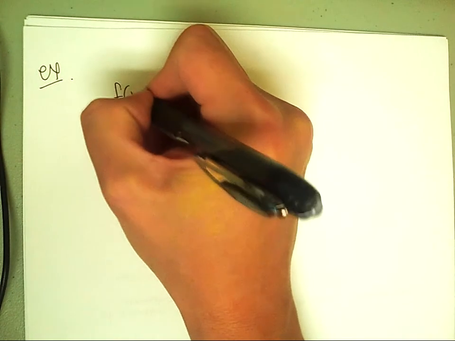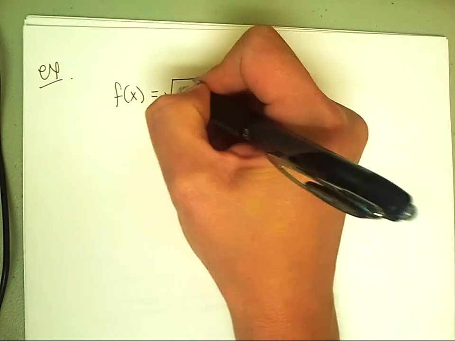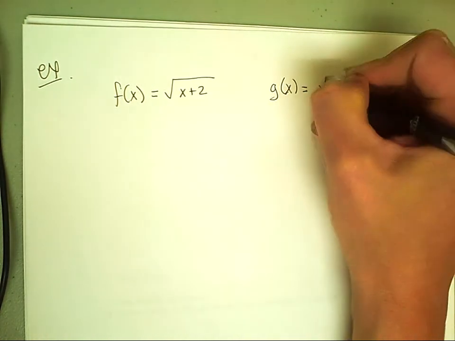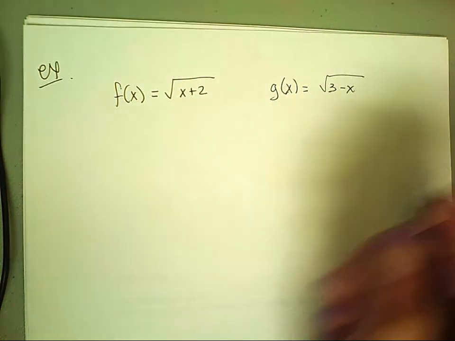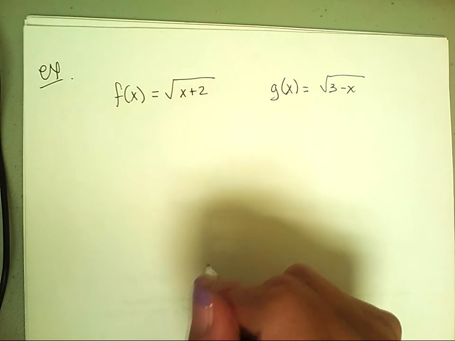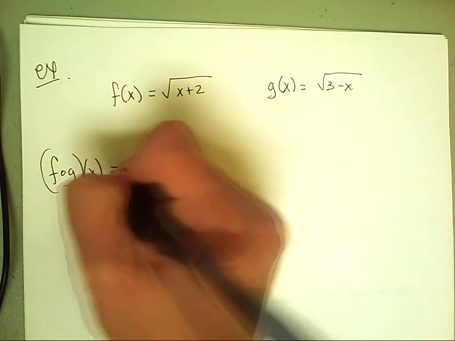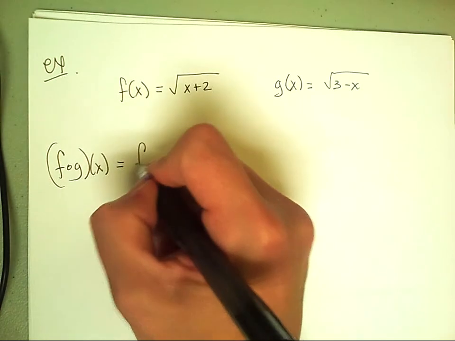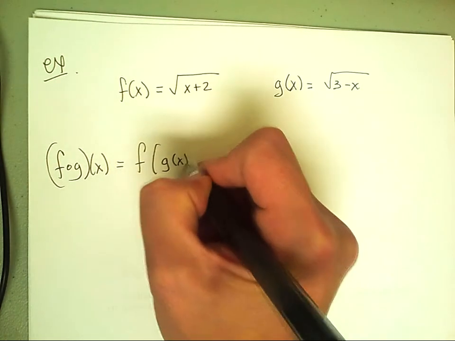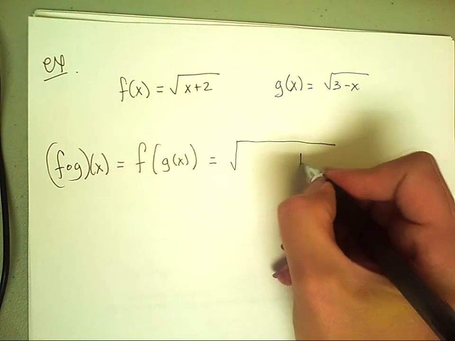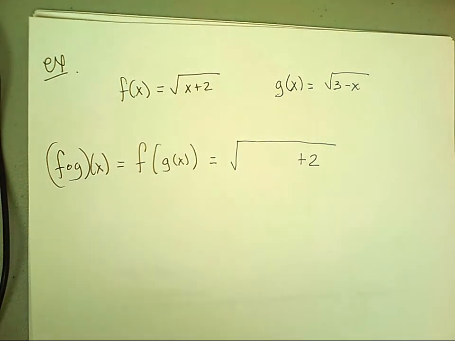Okay, let's do another example with radicals. Let's say f of x is equal to the square root of x plus 2, and g of x is equal to the square root of 3 minus x. And let's find f composed with g of x. That is, I'm going to take f, and into it I'm going to put g of x. So f is the square root of something